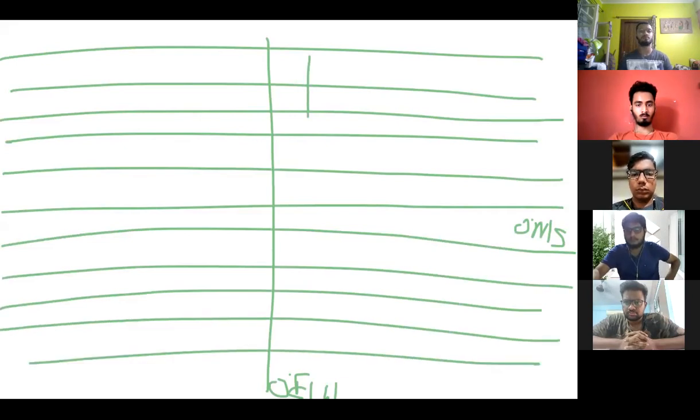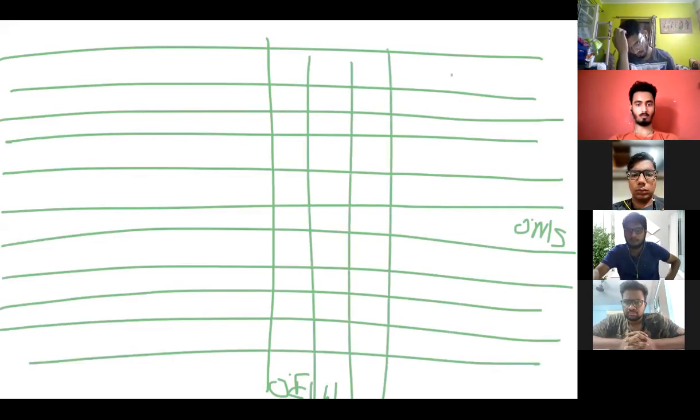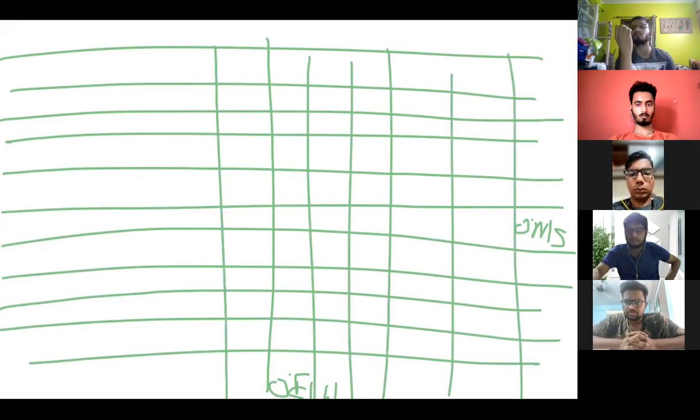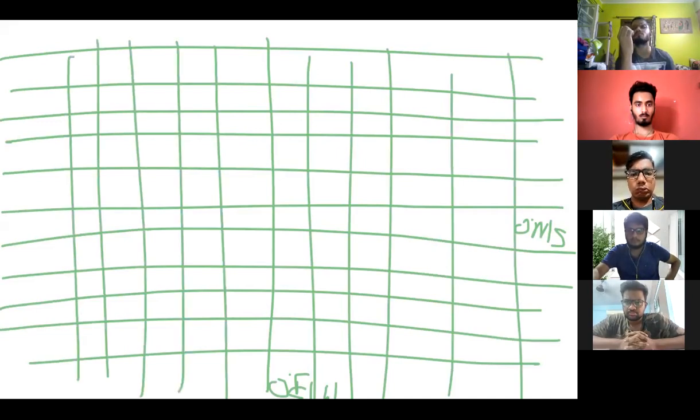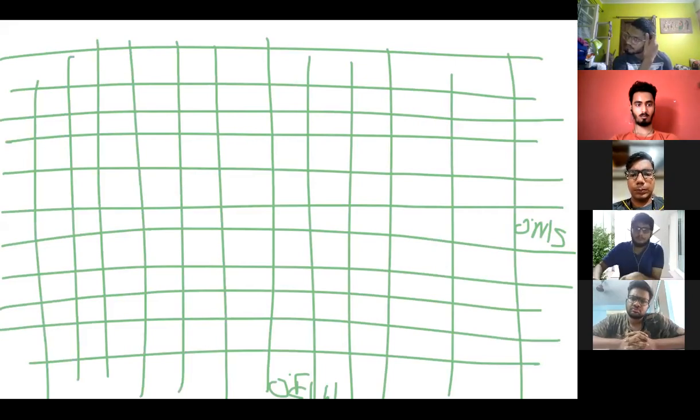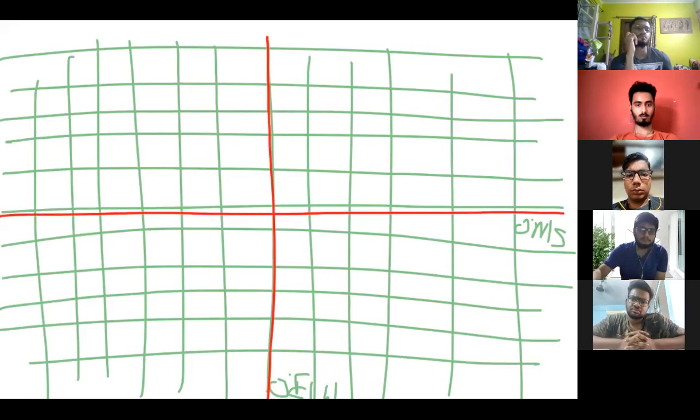And these are my longitudes. Now I'll mark it in a different line so that it's prominent. And this one. Okay. So now guys, if I want to plot a point, maybe if I just say 30 degrees north and 50 degrees east,